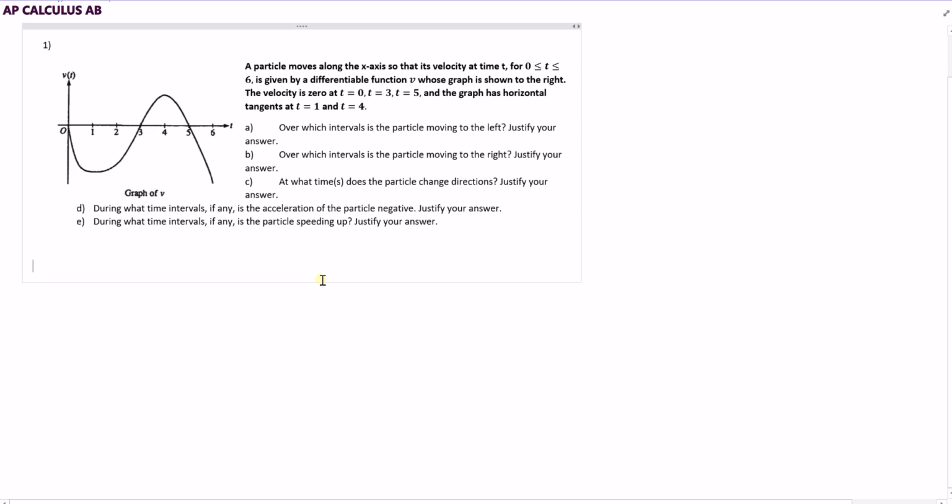All right, so we're doing FRQs, which is a huge chunk of the AP exam. There are 6 total FRQs on the AP exam. 2 of them you get to use a calculator on, the other 2 you don't. There's a lot of patterns in the FRQs they give, and seeing as how we haven't done all of calculus,